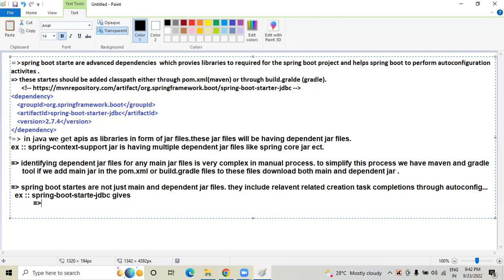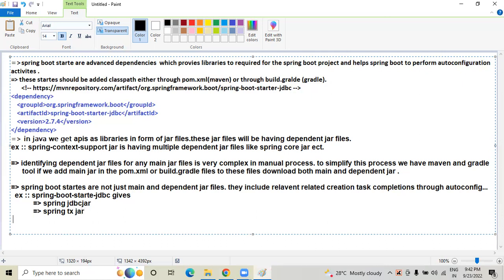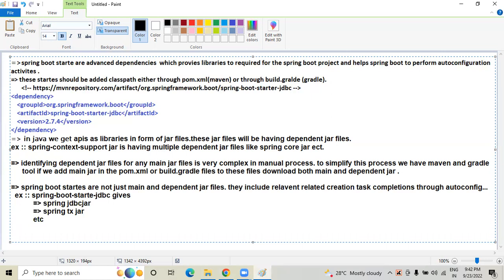The first thing is the JDBC jar and some other Spring jars. And the next point is that it provides